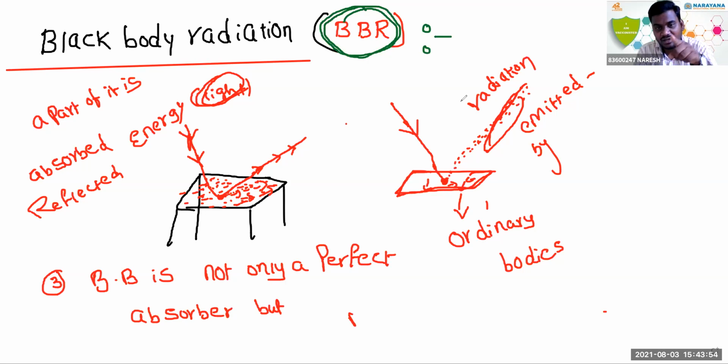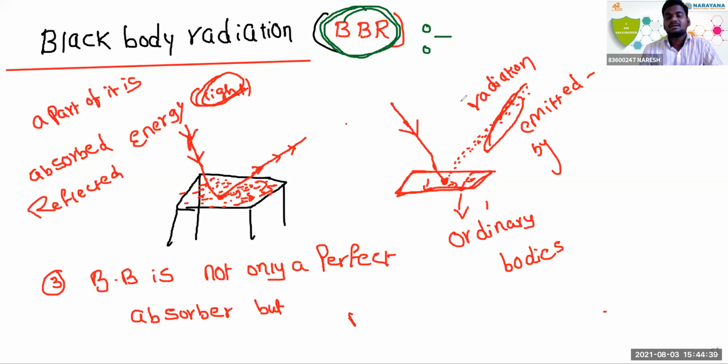Yadu Prakash, you asked, no sir, you said emitter but there is a reflection. Yes, sir. The black body is not only a perfect absorber but also a perfect emitter of radiant energy. So these are the important points from black body radiation. Generally, the emitter emits radiation from its own body, isn't it, sir? Reflection means when light falls on it, that time it can reflect. Emitter means when it by itself emits light from its surface. That is emission.